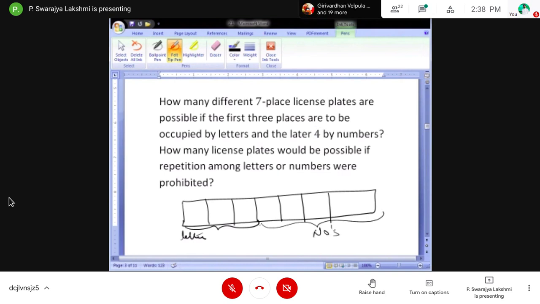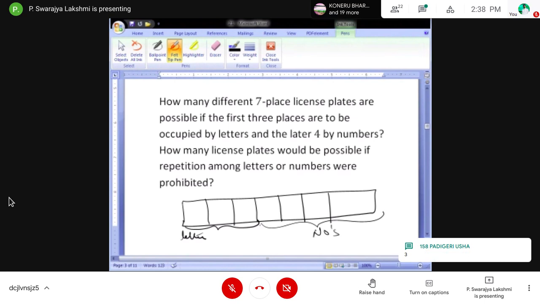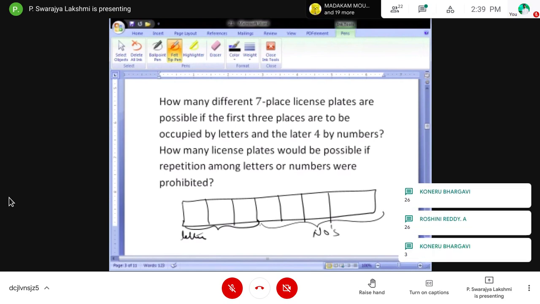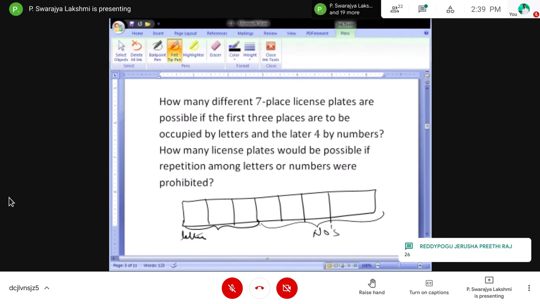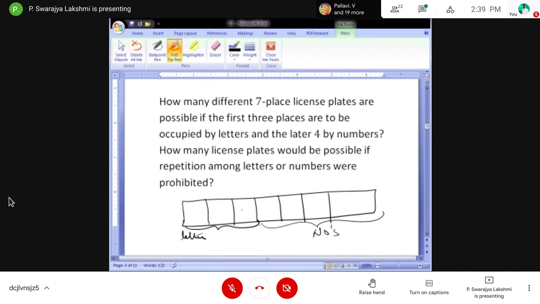How many letters are we having? The alphabet letters. We are having 26 letters.